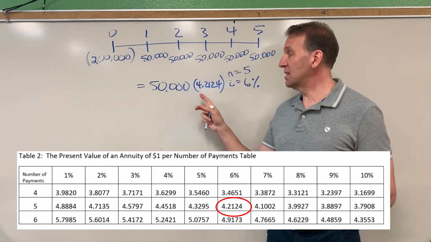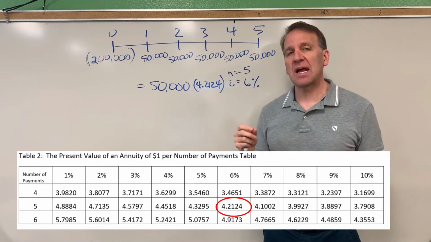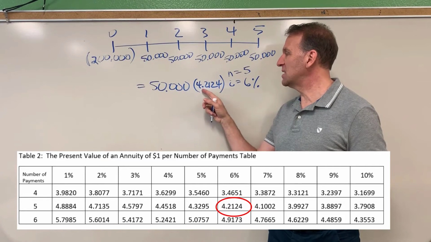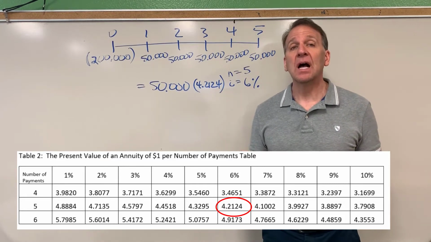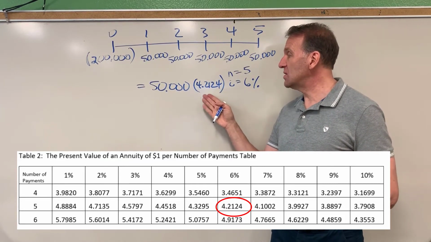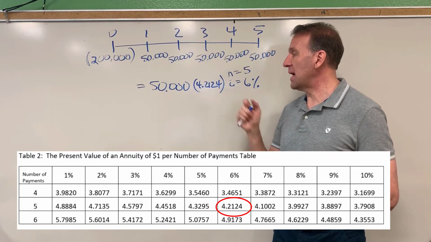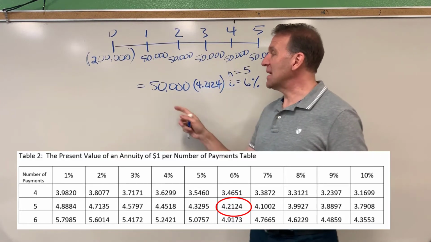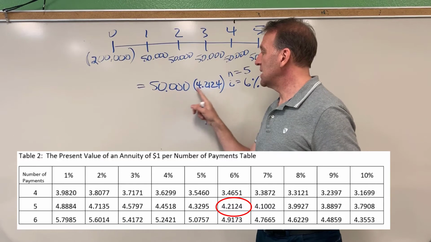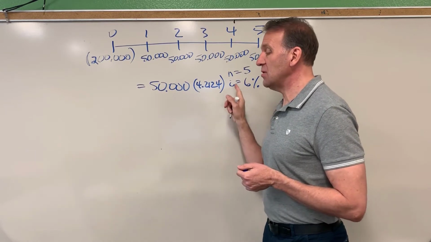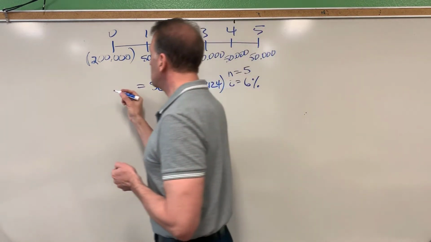But in textbooks, this is rounded. I looked at several textbooks, and some of them rounded at 4 places, some of them rounded at just 3 places. I'm just letting you know that the one I'm using has rounded it to 4 places past the decimal point. So now I can take my 50,000 times this factor from the present value table, and it will give me